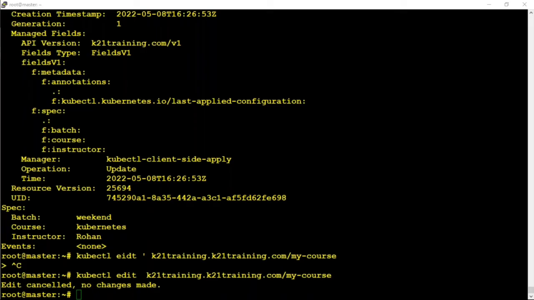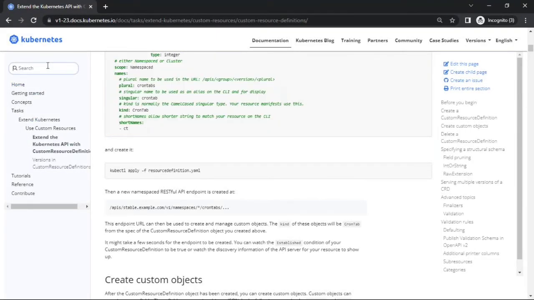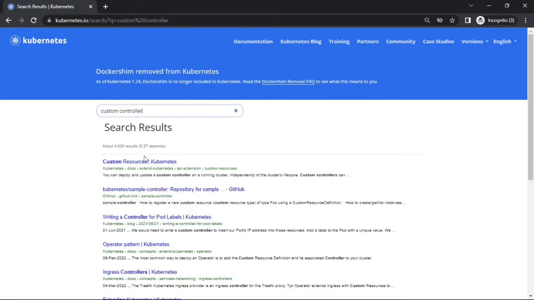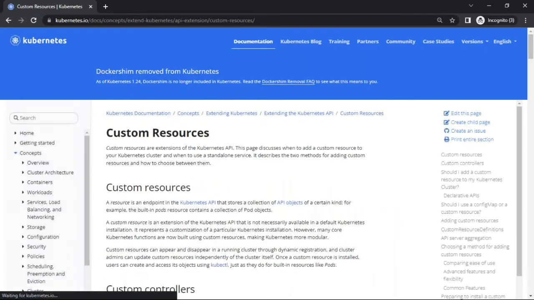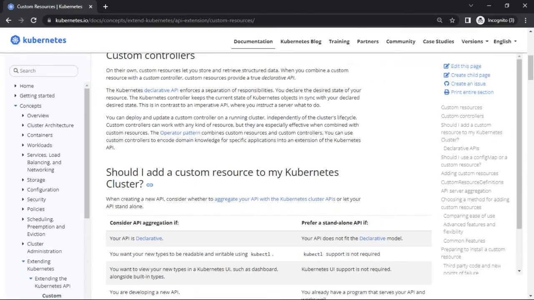What do I do for that? You need to write your own code. I don't know how to write Golang. Fine, can't help you if you don't know how to write the code yet. You can create your own custom controllers, right? And it gives you